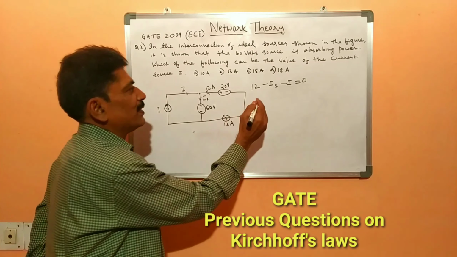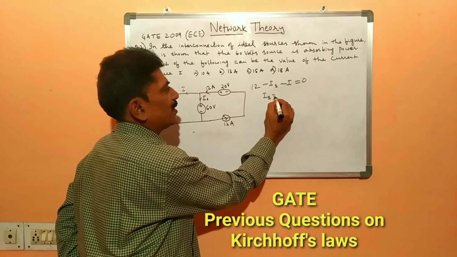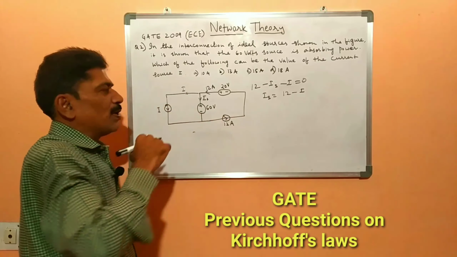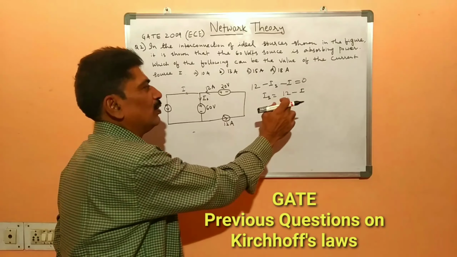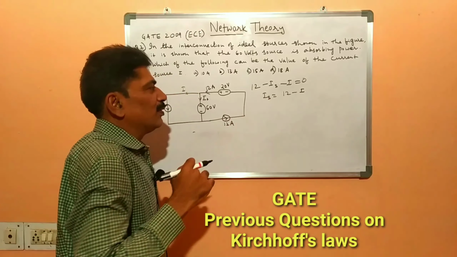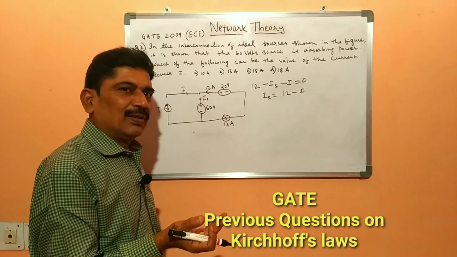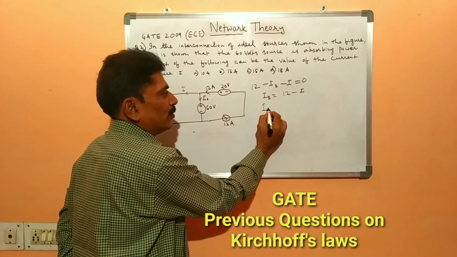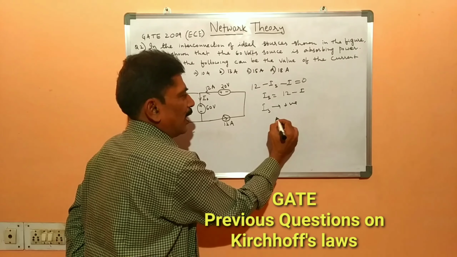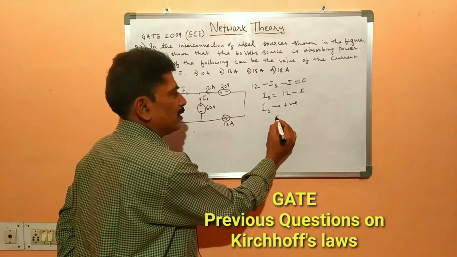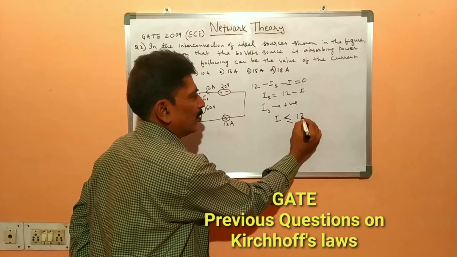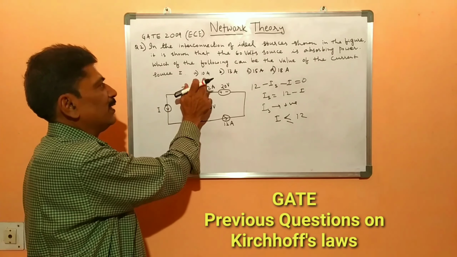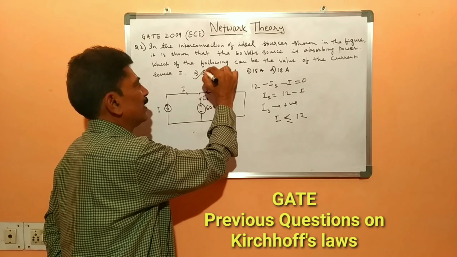So from this equation, what is Is? Is is equal to 12 minus I. So Is is positive here, its value is positive. So I should be less than or equal to 12. If I is more than 12, then it will become negative. So Is should be positive. So I should not exceed 12. So it should be less than or equal to 12. So in the given options, A is the right answer. Here 10 is less than or equal to 12. So put a tick against A.